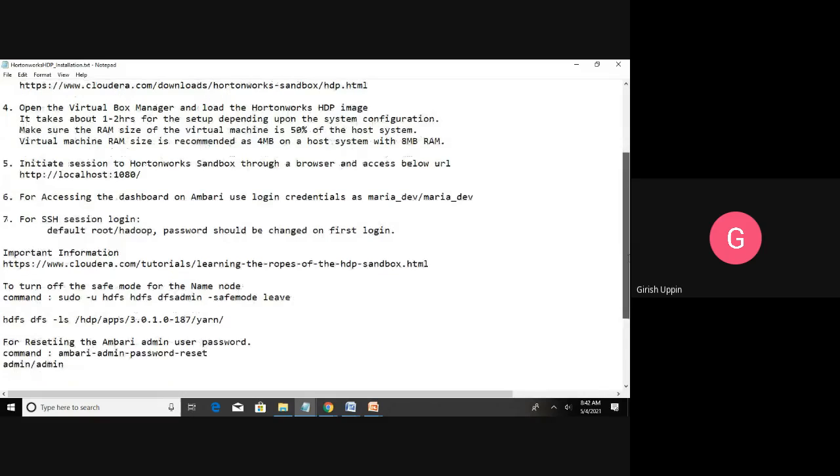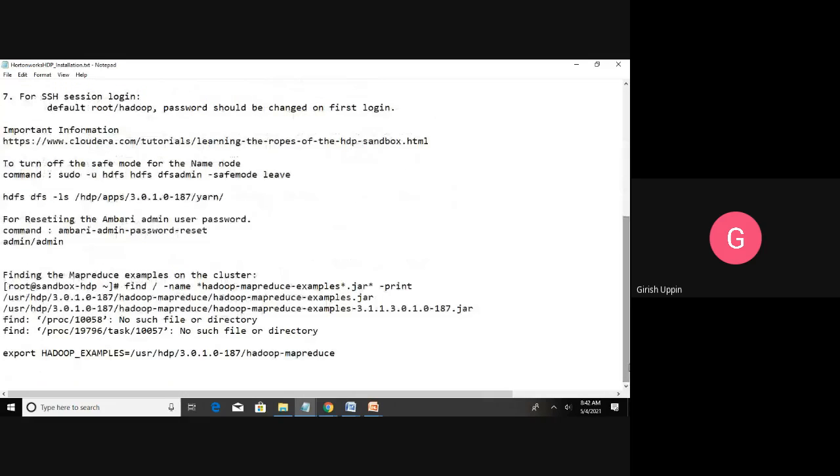Once you make the connection, you will log in with the root user ID and its password. After that, you will issue the command ambari-admin-password-reset. This will reset the admin user ID, and then it will prompt you for resetting the password.